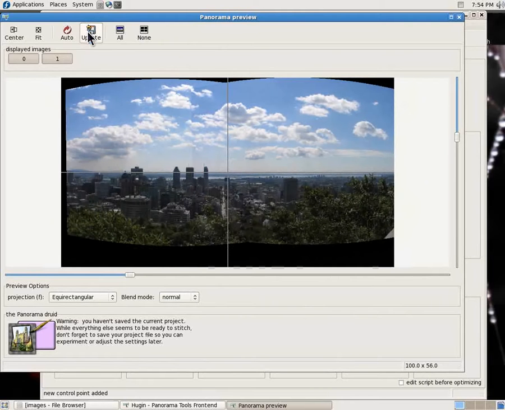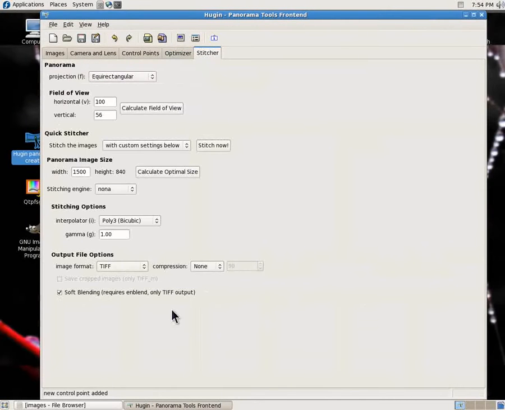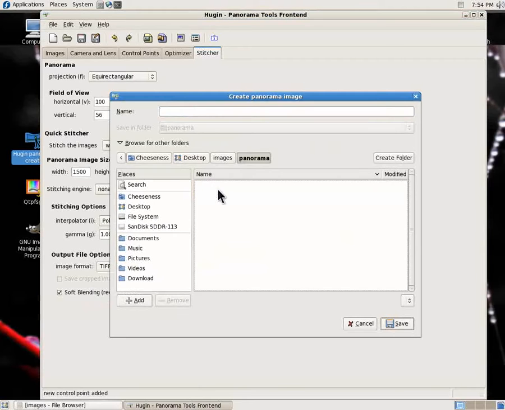The other thing that we notice here is that there's a very, very definite, very visible seam there that we're going to want to get rid of. So when we go back over to the Stitcher tab, see down the bottom here that we've chosen TIFF as the image format, and we've enabled soft blending, and what that soft blending does is gets rid of that seam. So we'll give it a name, click save,